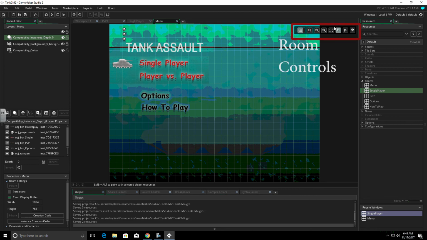And we have our room controls right here, allowing us to add zoom, and we'll look at that in just a little bit. The first thing we're going to look at is the layers. Now, this has changed from the old GameMaker, and we're going to look at some of those changes here. We can still set depths for things, but the way we do it is going to be a little bit different. So the way this works, the things on top are going to be placed on top of the screen.